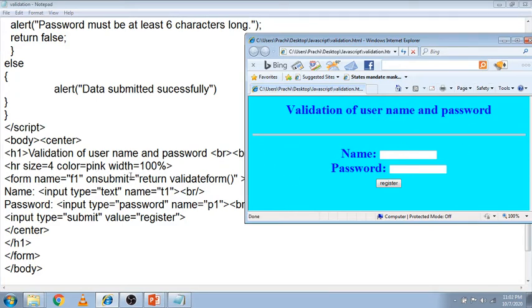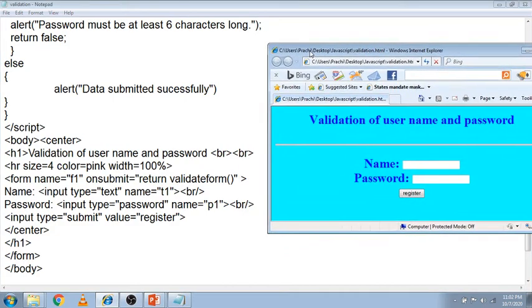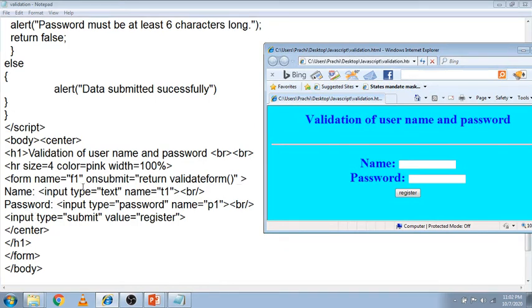On submit, when we click on the register button, it calls the return validate form function. So onsubmit is equal to return validateform, then the bracket complete.